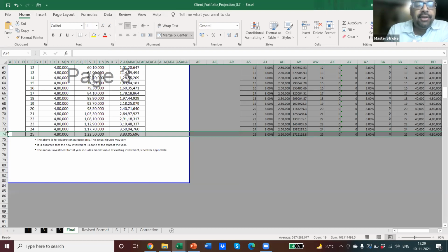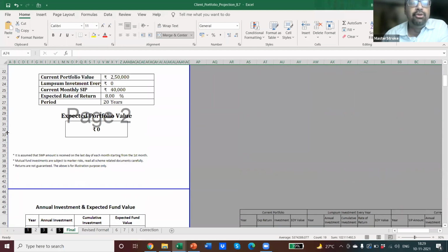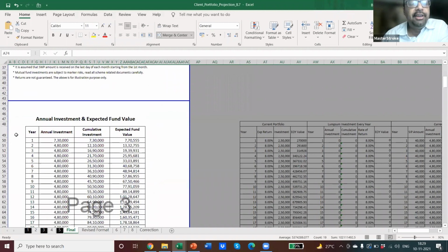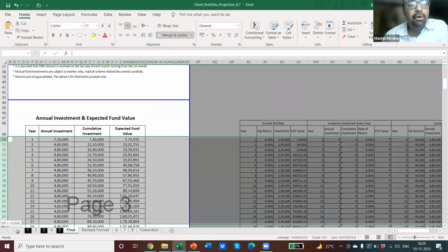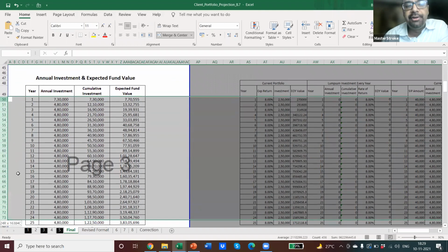I have been using this Excel for the last 3 months with my client, and I have added 3 to 5 lakh rupees of SIP additional just by sending this report to the client. ये 99 का चक्कर है. क्लाइंट को अच्छा लगता है कि अगर हम इतना पैसा और इन्वेस्ट करेंगे तो हमारा पोर्टफोलियो फ्यूचर में कितना हो जाएगा, and it gives them an annual basis उनका पोर्टफोलियो का वैल्यूएशन. Beautiful, isn't it?